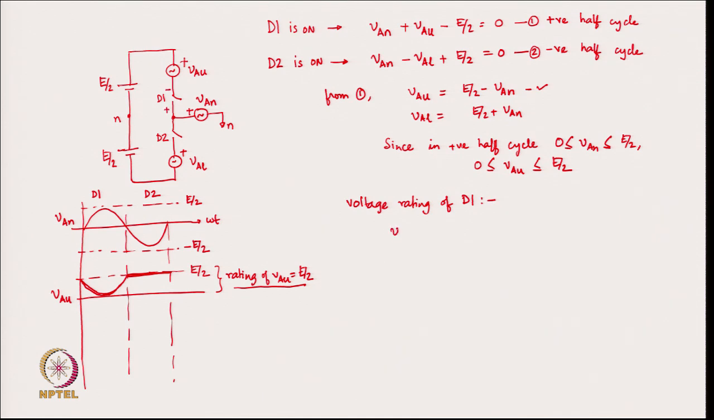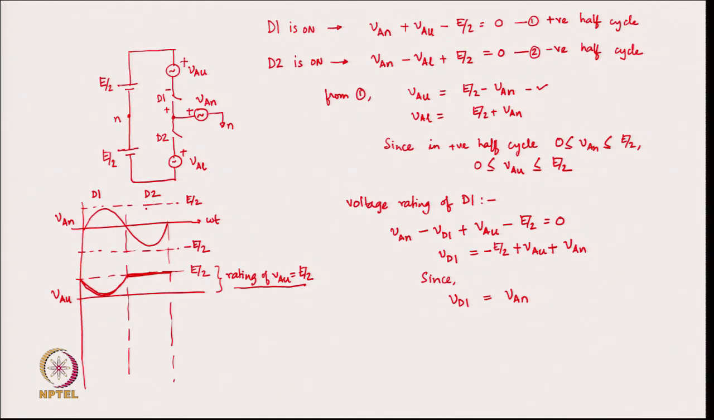So, therefore, VAN minus VD1 minus VAU plus VAU minus E by 2 is equal to 0. Therefore, VD1 is equal to E by 2 minus VAU minus VAN. Okay. Sorry, there is a mistake. So, therefore, VD1 is equal to minus E by 2 plus VAU plus VAN, because you see here during the